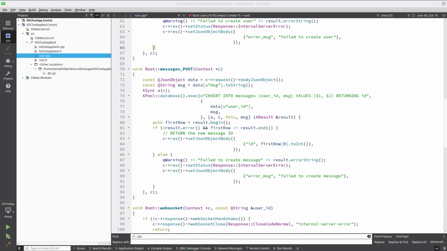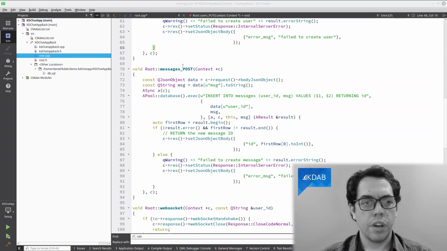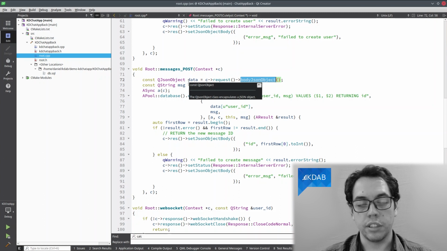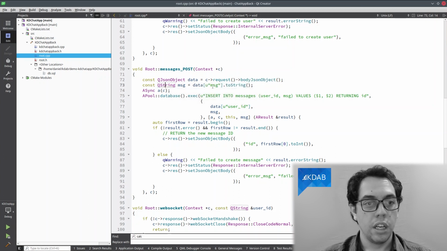We could use WebSocket also for sending messages, but we are just going to go ahead and create a post method here for simplicity. Again, this is very similar to the other methods, where we just grab the JSON data that the client sent, we grab the message field, and we insert in the message table.